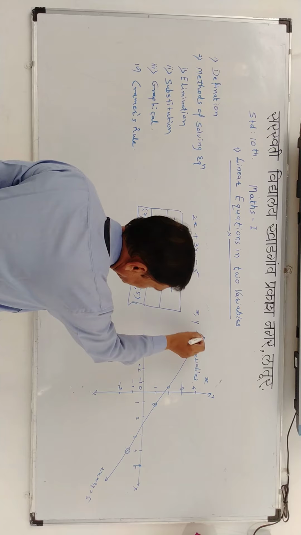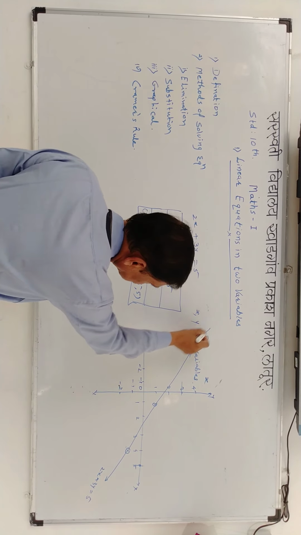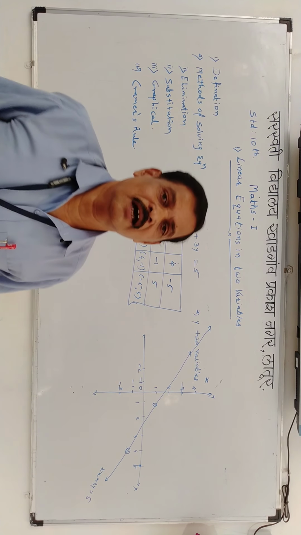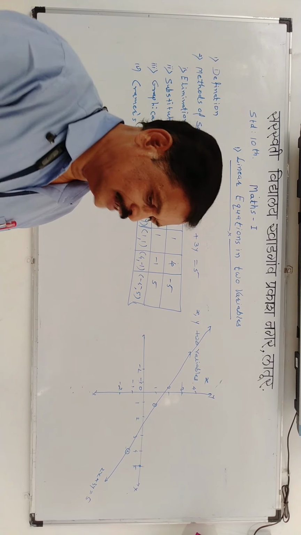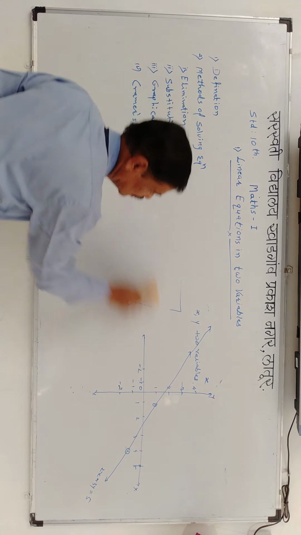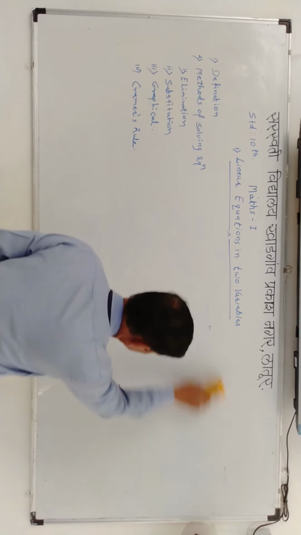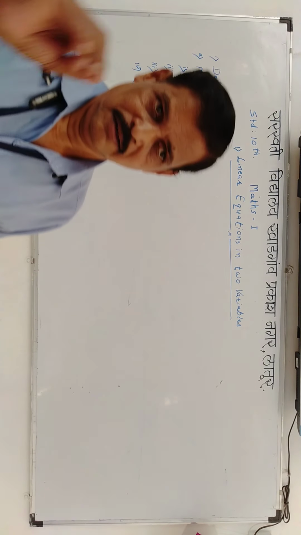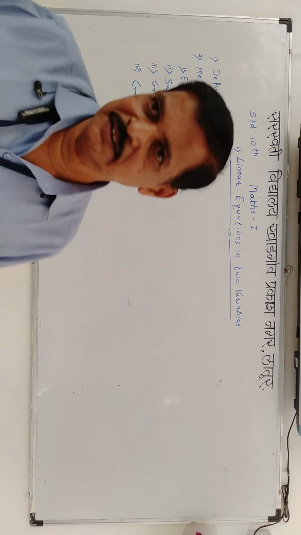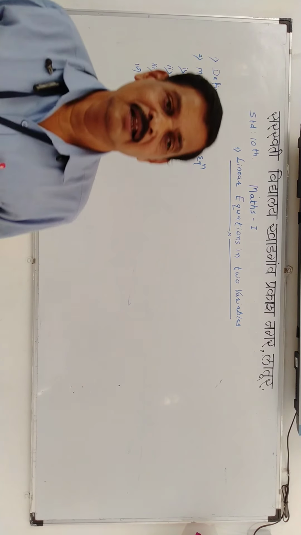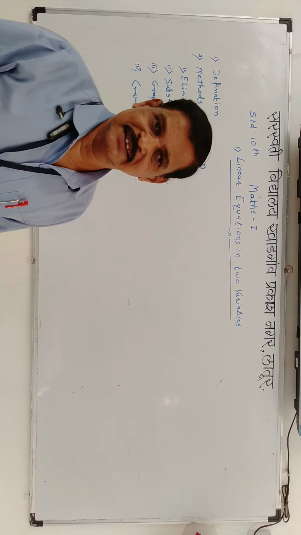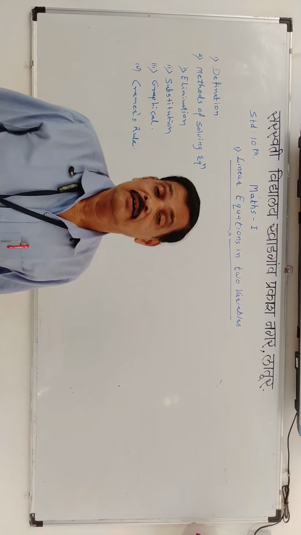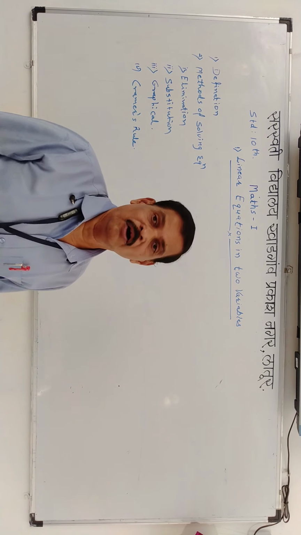We get all the points on this line, and they are linear, so it is called a linear equation. For our convenience, we have shown that a one variable equation is also a linear equation, and whenever a two variable equation has index or degree only 1, at that time it is a linear equation. Now we have to study the linear equation.